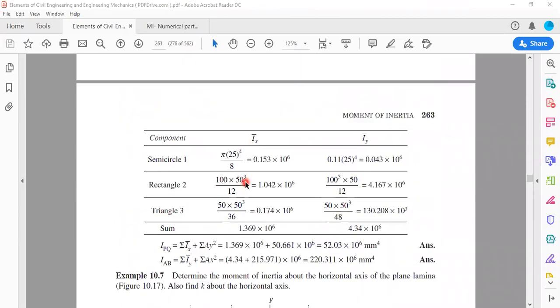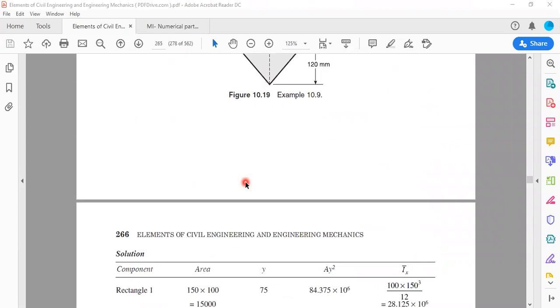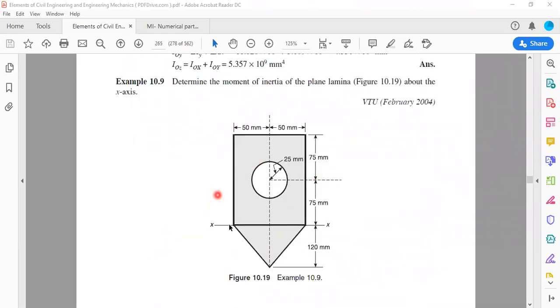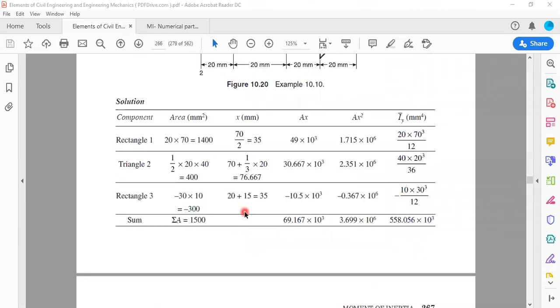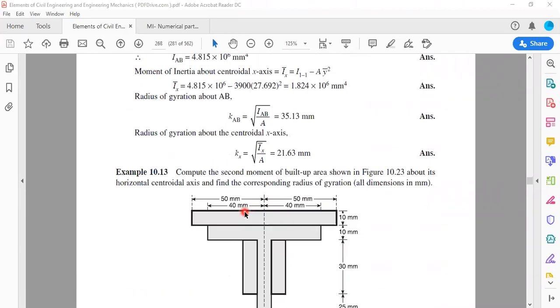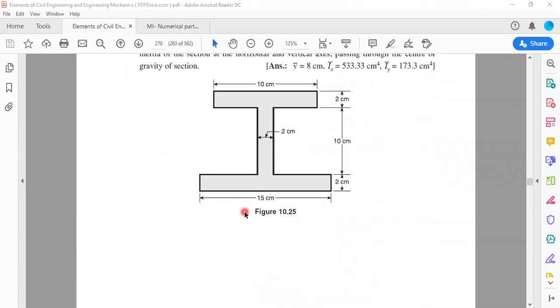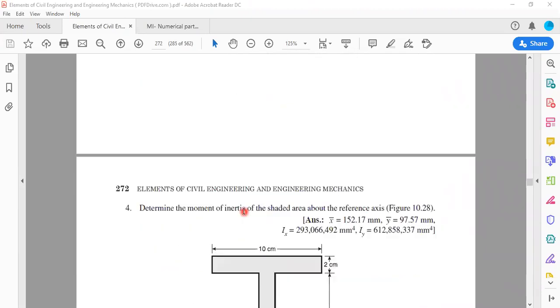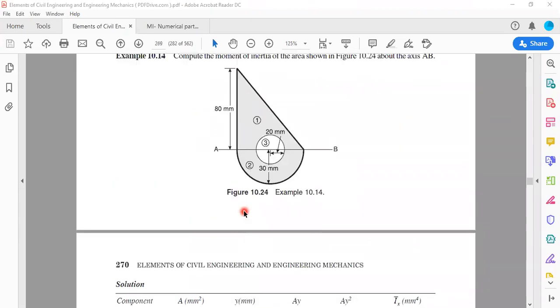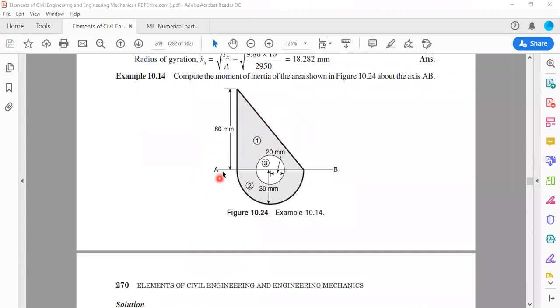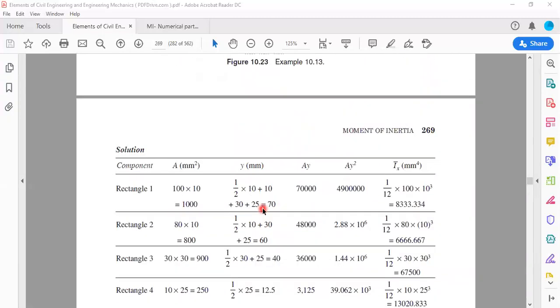Next, I would like to show you one. This is already seen, same example. This is taken from the textbook. I have already circulated the textbook to you. Just go through the solutions. Okay, I think the numerical is missing. This is one kind of its own MI about AB. So I have a triangle about the base. I have a semicircle about the base. Add these two. Then deduct a semicircle about the base. We'll be solving this particular numerical like that.